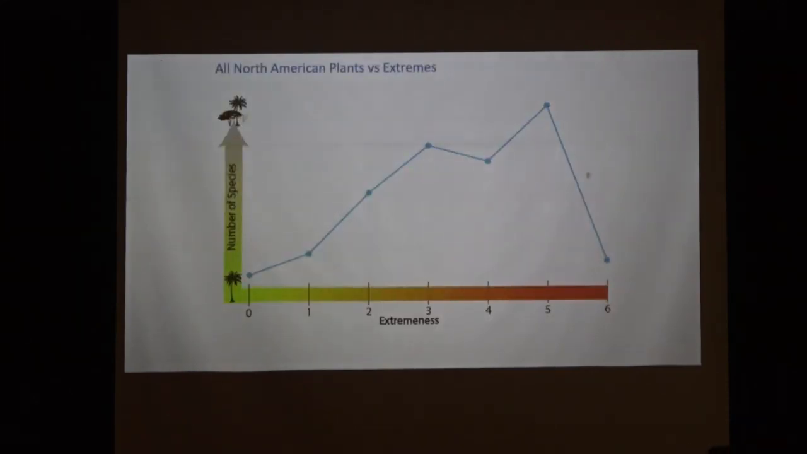So, across the bottom here is how many of those variables are extreme for any grid cell. So down here we have no variables are extreme, and up here we have 6 of those variables are extreme in one location. And going up here, this is for all North American plants, we see that diversity actually is quite low where there is no extremeness, which is kind of puzzling. In fact, it goes up as you get towards more extreme environments and then crashes right at the very end. And this was unexpected